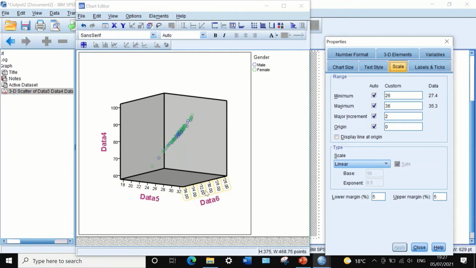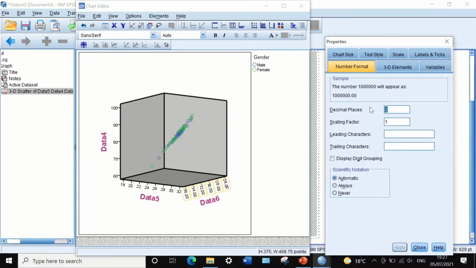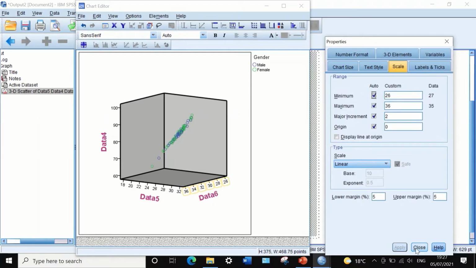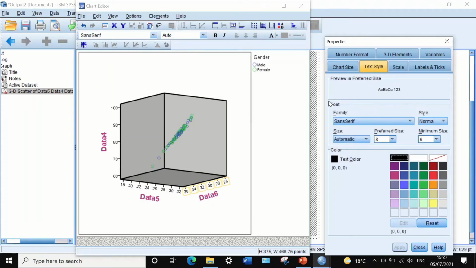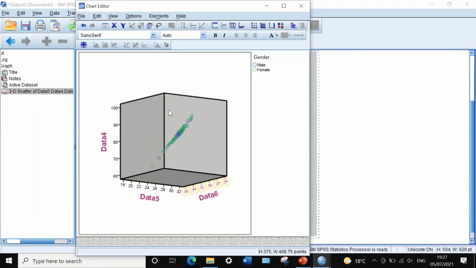double click on this number to change the decimal into 0. And I can also scale it if I want, whatever scales I want to do. And basically this is most of the things that I really want to do. I also can change the font if I want by clicking, making it click to highlight it, and so on. So these are some of the modifications that can be done with this